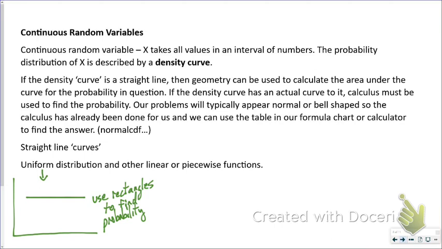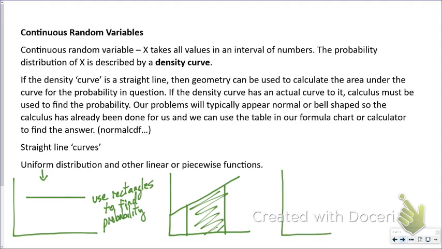If it's a linear function or piecewise function, it could look pretty wild. So this one is nice and basic. You know, if they asked for the probability of this value up to this value, whatever this is, you would need to find the area of a trapezoid. They could make it even